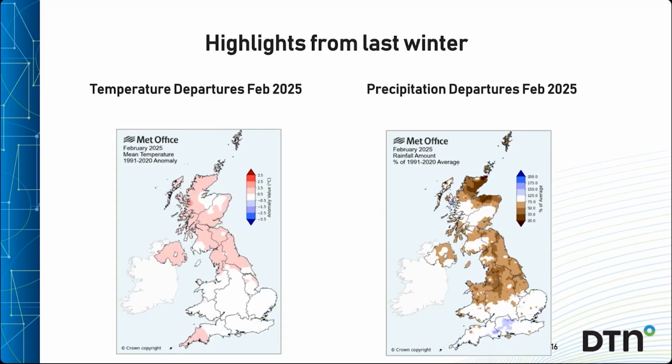February started cold, rather dry, with high pressure to the northeast. That forced chilly easterly winds towards the UK for a while. But then milder and more unsettled conditions took over for the second half of the month, with high pressure shifting and allowing milder west to southwesterly flows across. And overall, that split resulted in temperatures averaging near or above normal for the month, with precipitation mostly near or below normal.